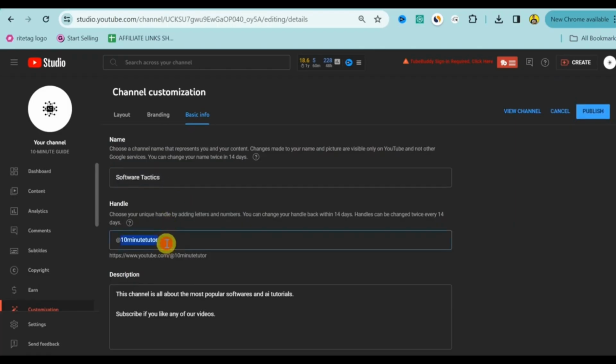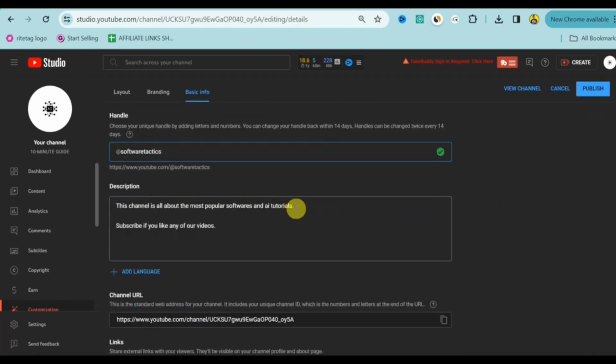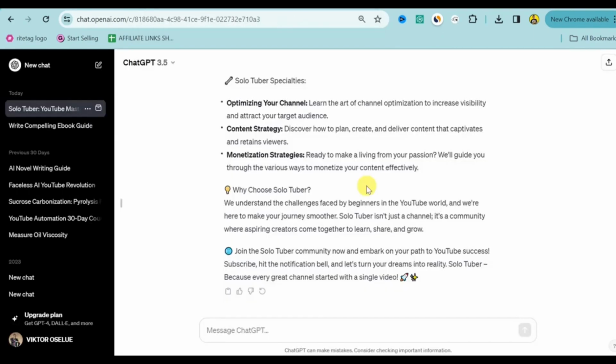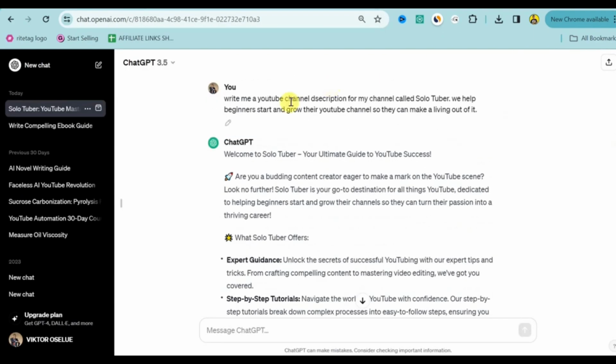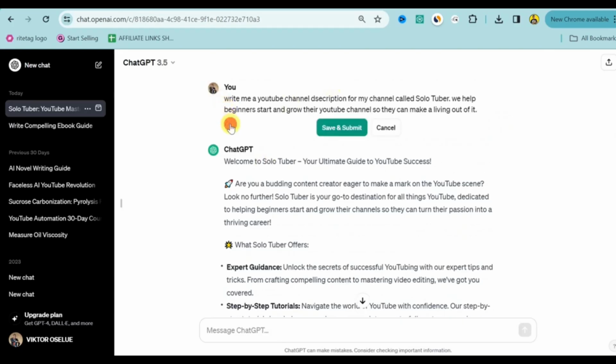And then under the handle, I'm going to change that also to Software Tactics. Let's see if that is available, thank God. And then we can move on to the channel description. So I'm going to do this right here, copy just this, go on to ChatGPT. I'm just going to go through with this, edit this, and then right here I'm going to paste that right here, change the name right here,